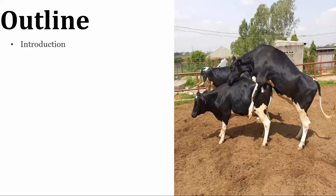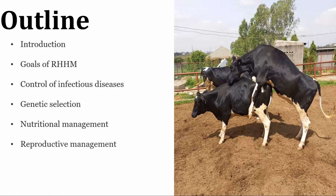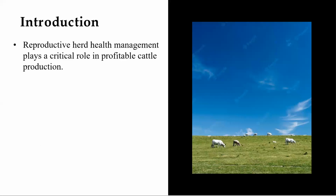So our outcome will constitute the following. I'll give an introduction. We'll talk about the goals of reproductive herd health management and control of infectious diseases, genetic selection, nutritional management, reproductive management, diagnosis of reproductive status of the cow, and then we'll talk about male infertility. So without further waste of time,